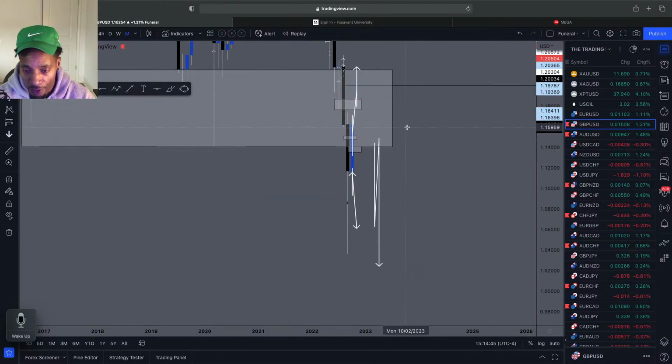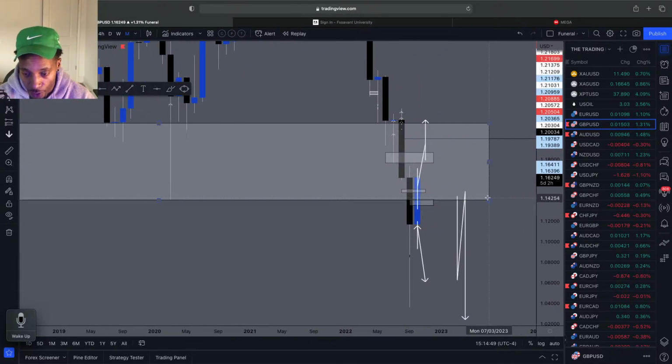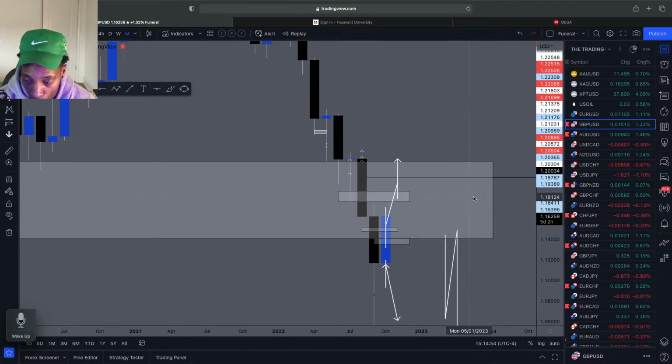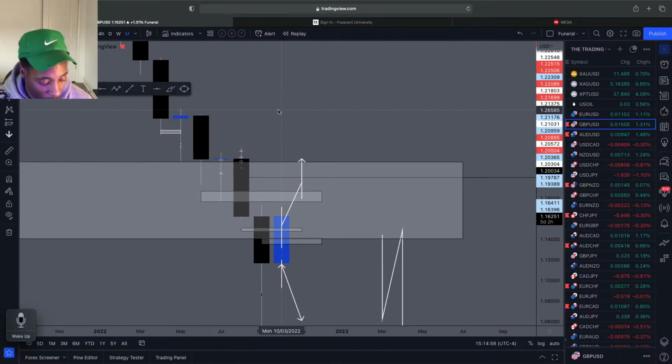GBP USD monthly time frame, we were looking for a possible move to the downside, but exactly like Euro USD, of course, a lot of these pairs will be correlated. Actually, all these pairs will be correlated. We're gonna go through the majors. If we drop down to the monthly time frame,